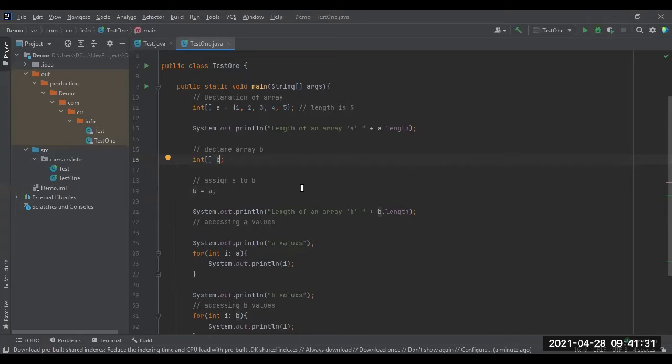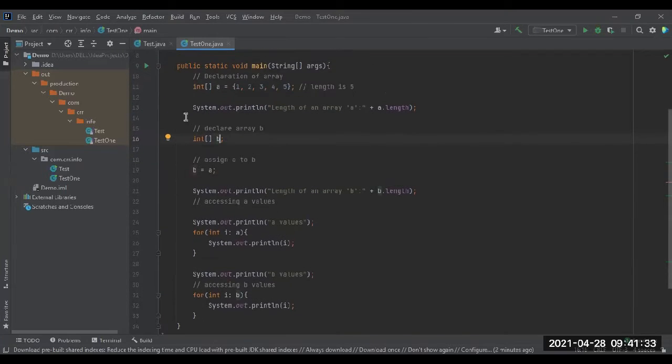Yesterday itself I tried this. Here it says, please declare an array b. Then if you make this assignment, it will assign the same length to b. So there is no need to mention the size over here. It will work in this way. Here b says, please directly assign the value of a so that the length can be assigned directly.